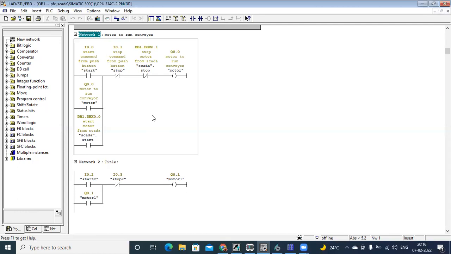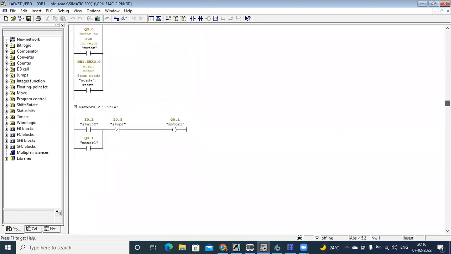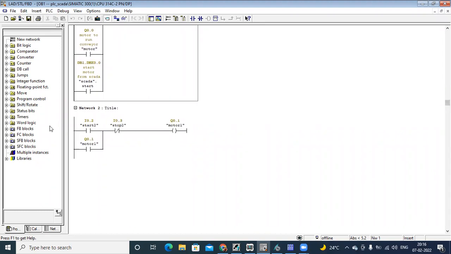Which we can use for controlling digital outputs, as per our requirement, when we are connecting SCADA. From SCADA I cannot control I addresses, but we can control DB. What is DB? Data block. We have done the Siemens. In Siemens we are having DB addressing, right? Yes, exactly. So we are using this DB addressing.